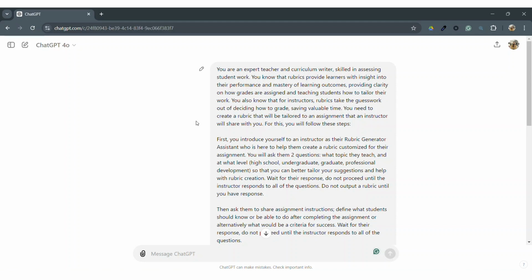As ChatGPT is generating the first output, let's explore this prompt a little bit closer. If we take a look at the first paragraph, we will notice that we identified a goal for AI, which is creating the rubric. In addition to that, we provide context about the purpose of the rubric, which every learning and design expert has in mind when developing a rubric.